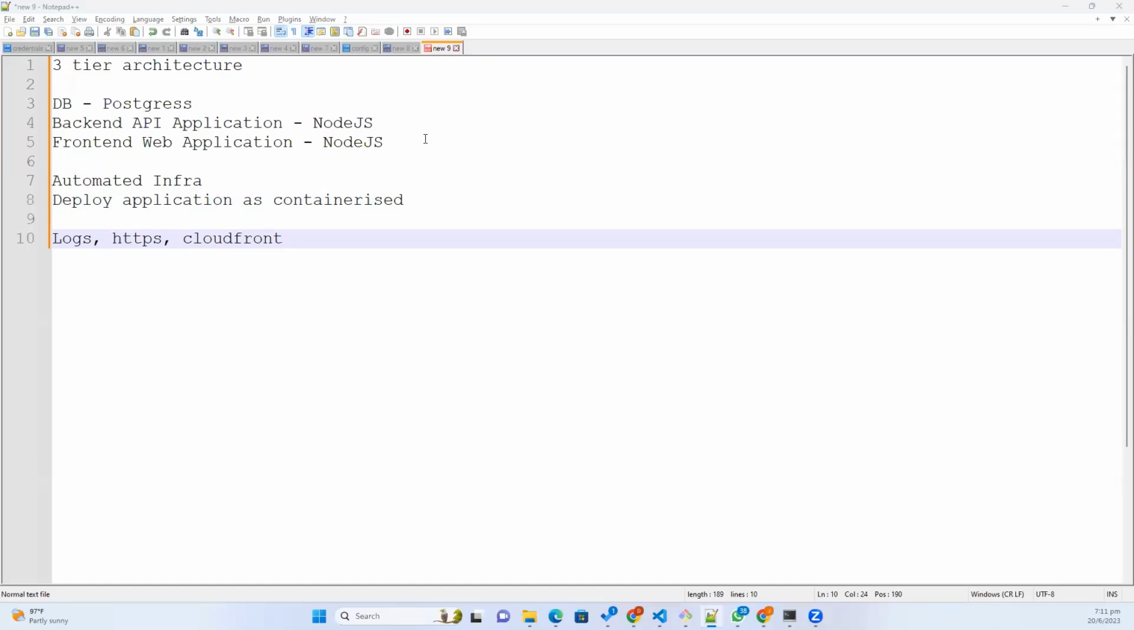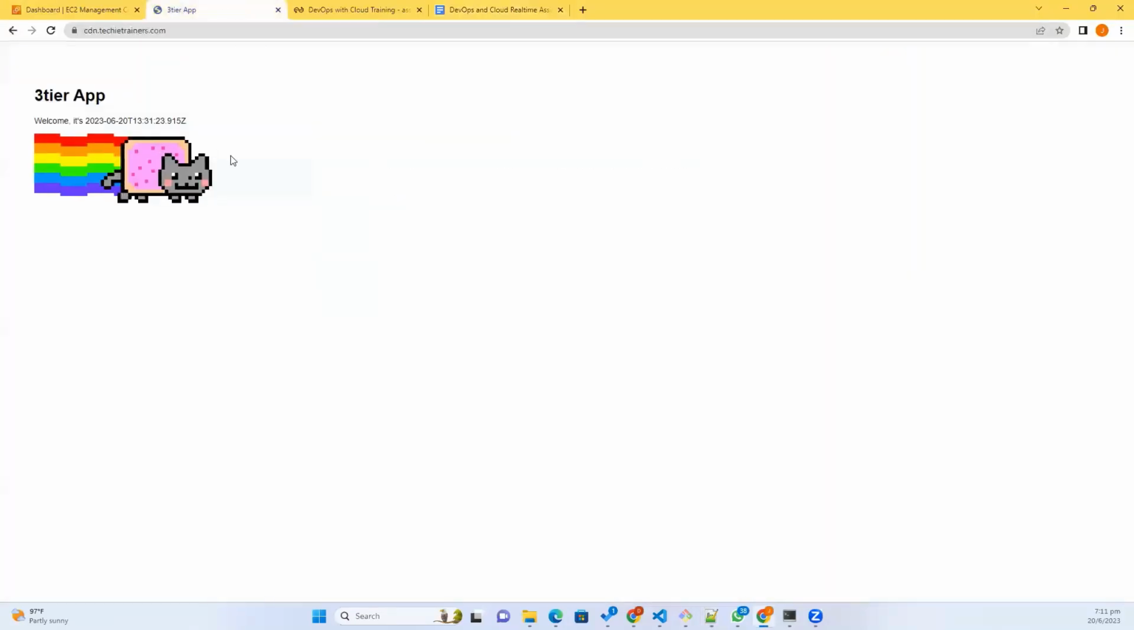So I just ran this application now. This is the one. This is coming from CloudFront. CloudFront is nothing but cache locations across the world. I hope you know about CloudFront. So this is the application. So how the architecture should be for this application is